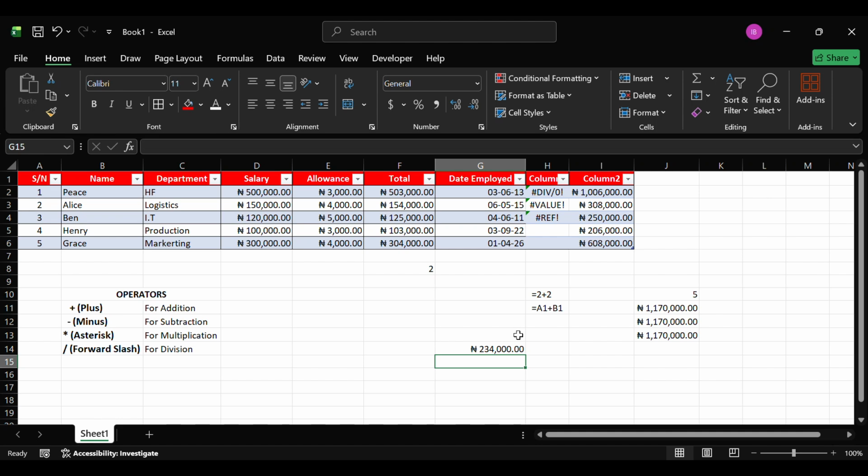Okay, so the next one is the count function. The count and the count A function. Let's combine the two together. So now let's count data, because this is what the count function does. Count function actually counts data. The first function, which is the count function, counts only numbers. So once you just put your equal sign and choose the function count, as you can see,